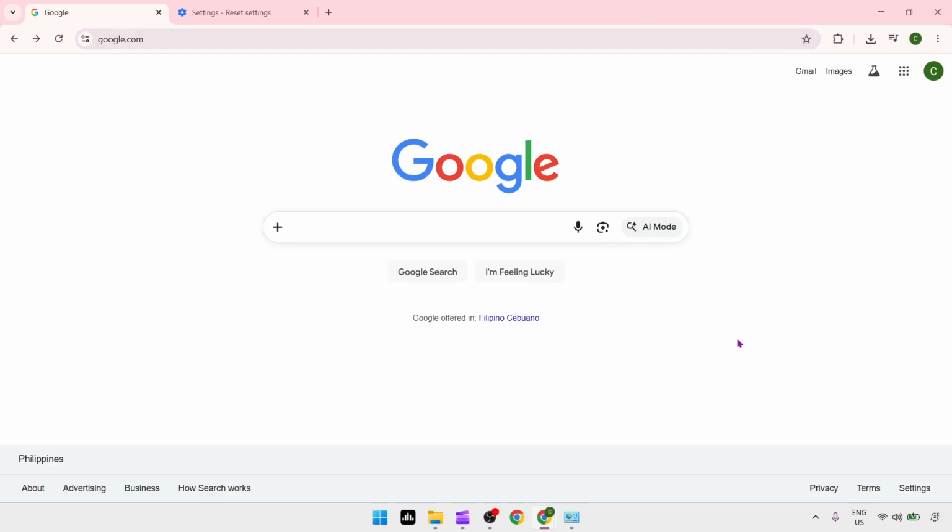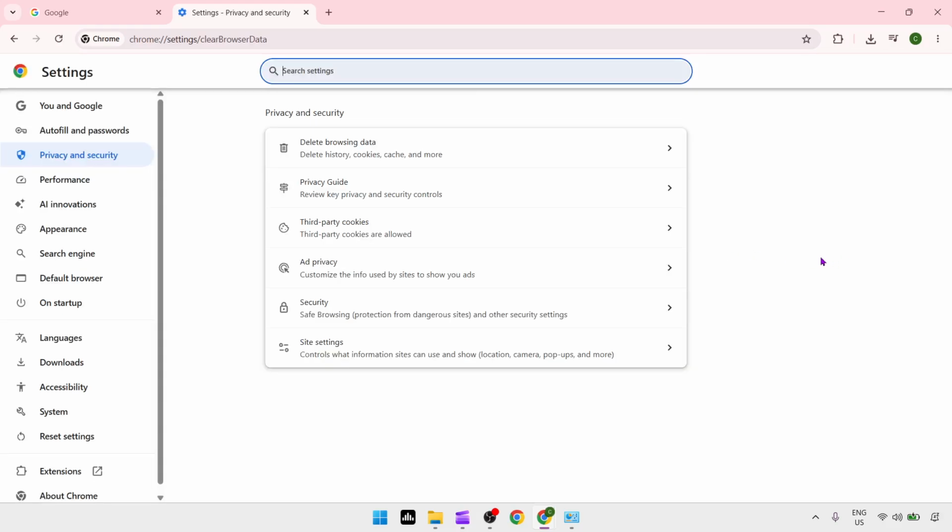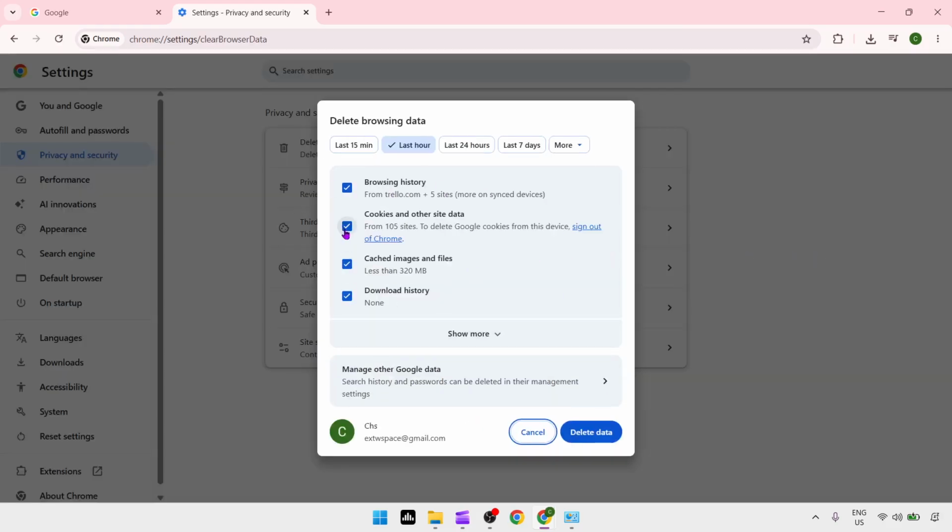website once again. You should also clear Chrome's cache and cookies by clicking on the three dot icon, then head over to delete browsing data. So here, select cookies and cached images. Other settings are optional and proceed in deleting data. But also make sure that you set the date range to all time, then proceed in clearing your cache